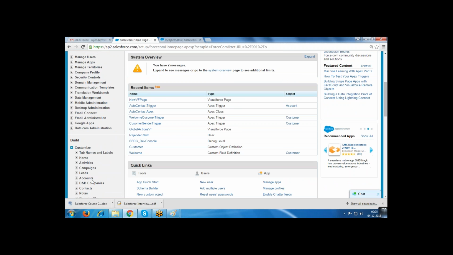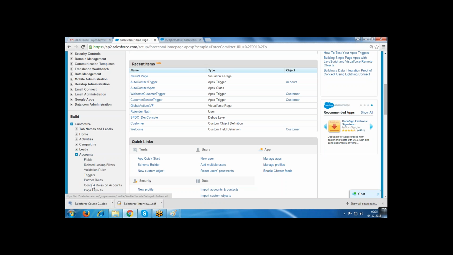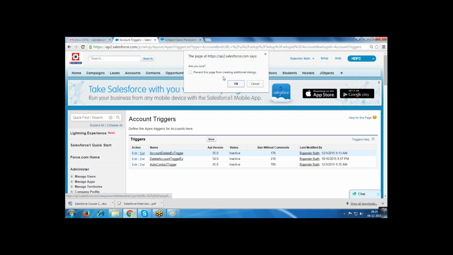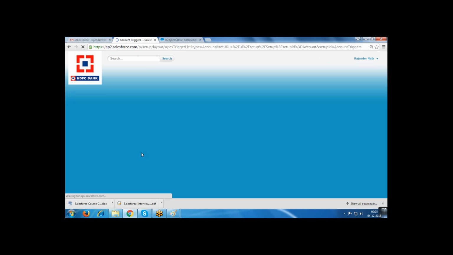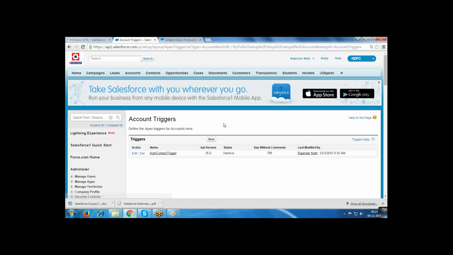If you want to create one trigger in the account, click the account. In the account, triggers. I'm creating one trigger. If you want to create a trigger, just click new.